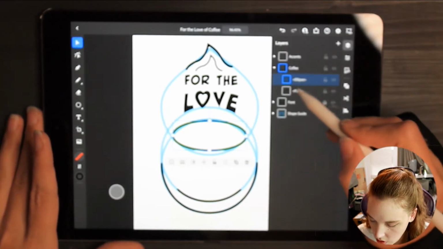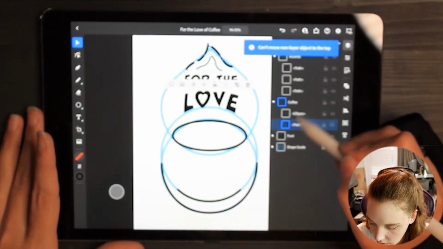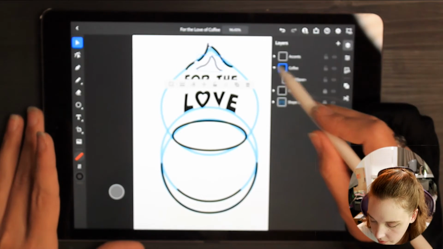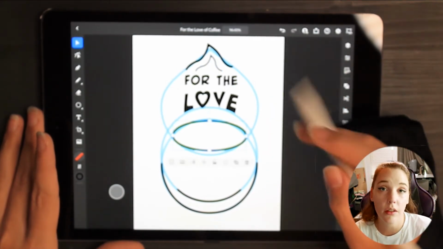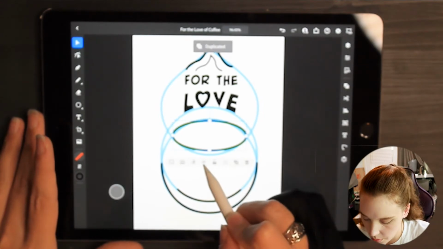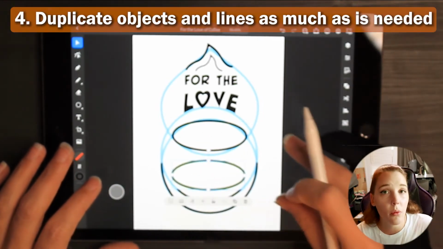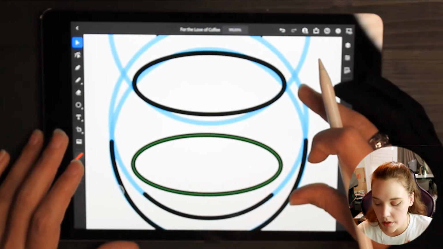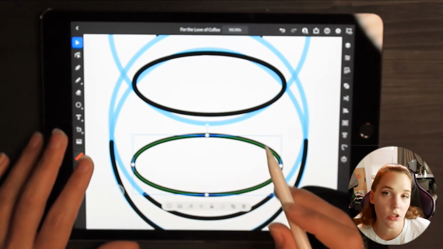So now that I have that, let me choose these and put them in the correct layer, because I did not put them in the correct layer earlier, and now they are. Okay, so coffee layer. Yes. All right, so I have one sphere shape. Choose that, duplicate it. Always duplicate things whenever possible. You always want to save yourself time, and you don't want to take up a whole bunch of time